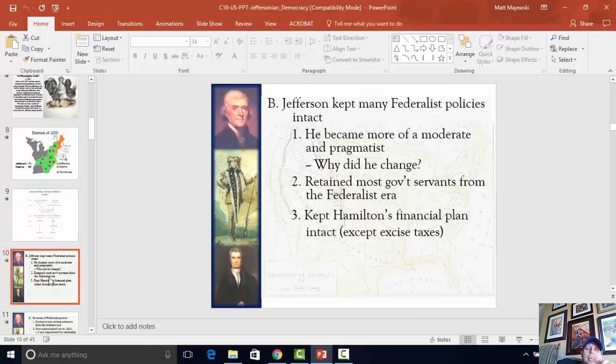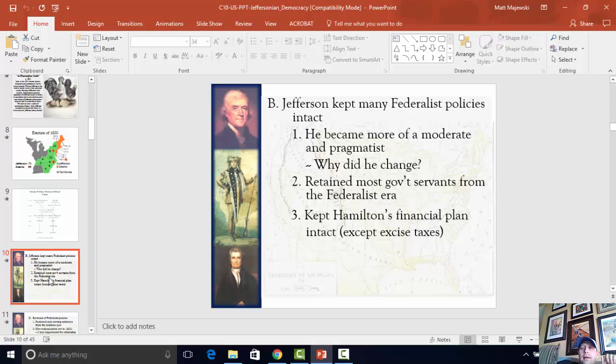Next slide. Interestingly enough, remember, he's trying to send a unifying message. He's trying to unify a divided country, a country that's very nervous about his presidency. What is he going to do? Is he going to take away all the Federalist policies? Is he going to create this environment, this setup where the masses are going to be in charge and it's going to be kind of chaos and we're going to lose all of our order? We're going to go back to like a Haitian Rebellion sort of situation in this country.